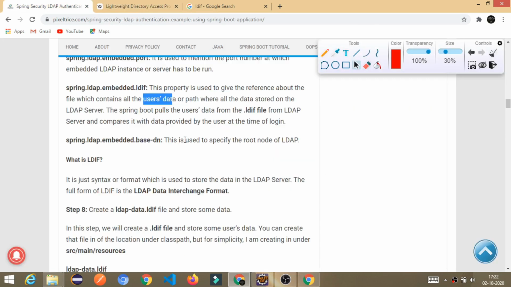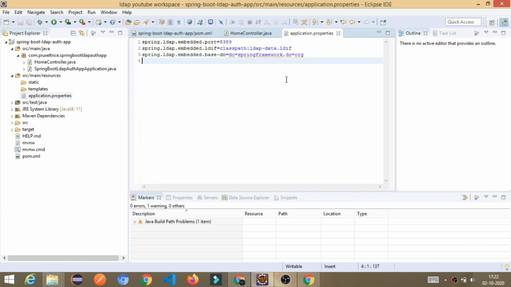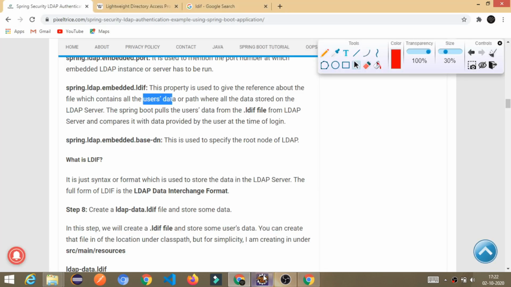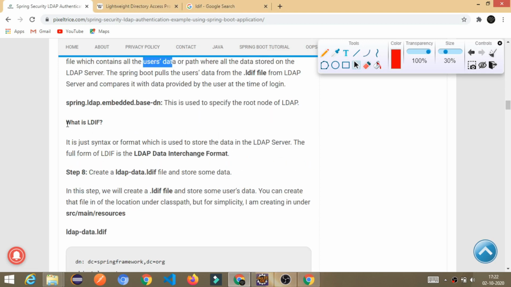And here we provided the path where it is stored, but we have not yet created this file, and we don't have any user details available currently in our LDAP server. So let's move to the next part. LDIF is just the syntax or format used to store the data in our LDAP server.